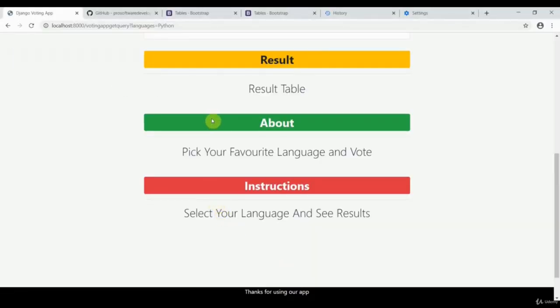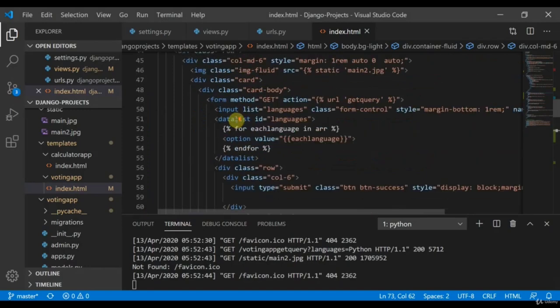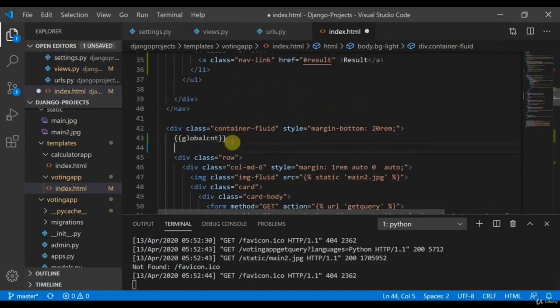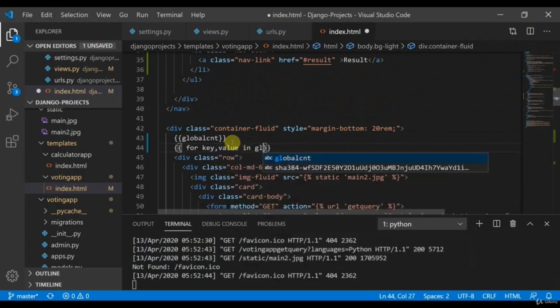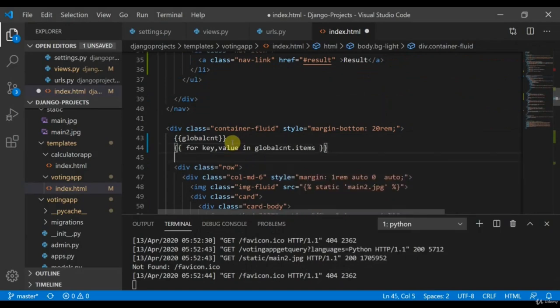So what we are going to do is first render the dictionary to the front end part. I'll show you how you can do this. So this is a dictionary. What we can do is use a for loop for key, value in global_count.items(). So basically I'm referring to both the item, that is the key, and the value, and then I would end this for loop